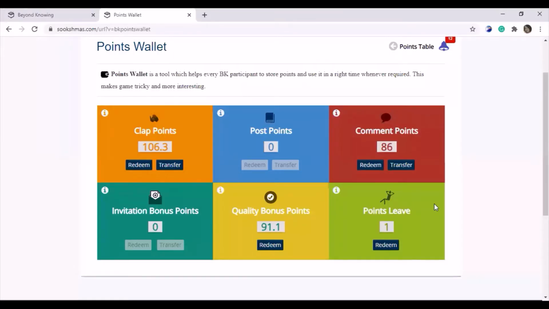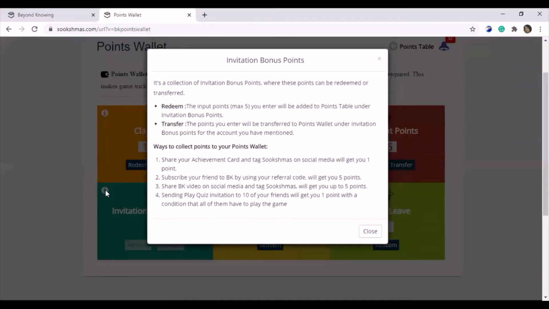Guys, collecting the invitation bonus points is quite different. One way is you can share your achievement card on any of the social media, or you can make a 2 to 3 minute video sharing your experience of the Sukshmas and share that on social media, and from that you'll get the points.